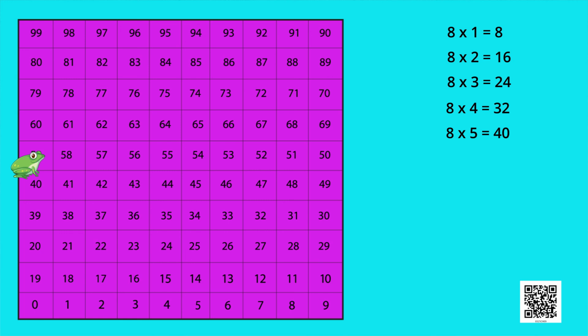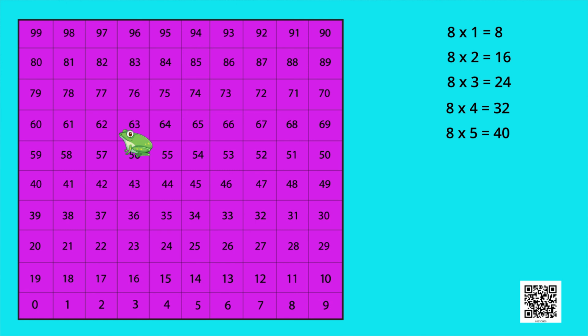It jumps on every 8th number. Think. Yes, it will be on number 48 on its next jump, and then next on 56. I hope you also must have found the same numbers. So, have you seen how naughty Taru has played a game of jumping on every 8th number on the number grid?